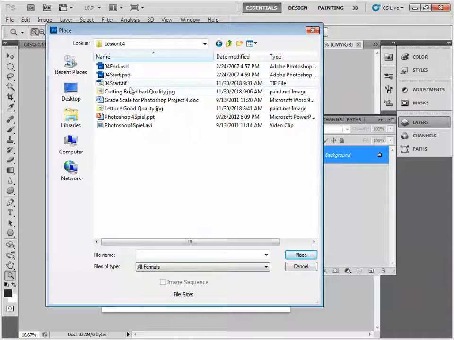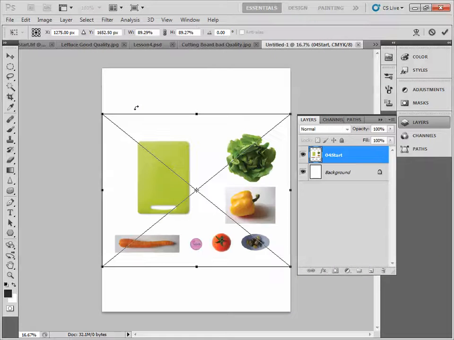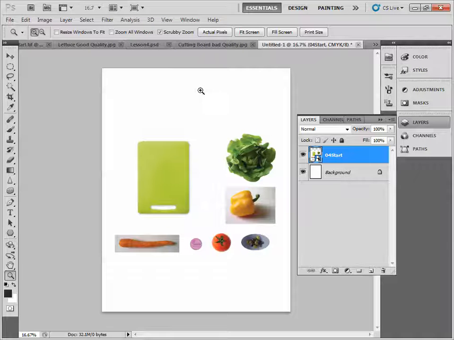Okay, I located it. Here it is, the 04start.tif. That's just a picture file. So we're placing a picture into our document, and I could resize it, but I like the size, so I'm going to hit Enter. Okay, so now, before we get any further, we're going to make sure that